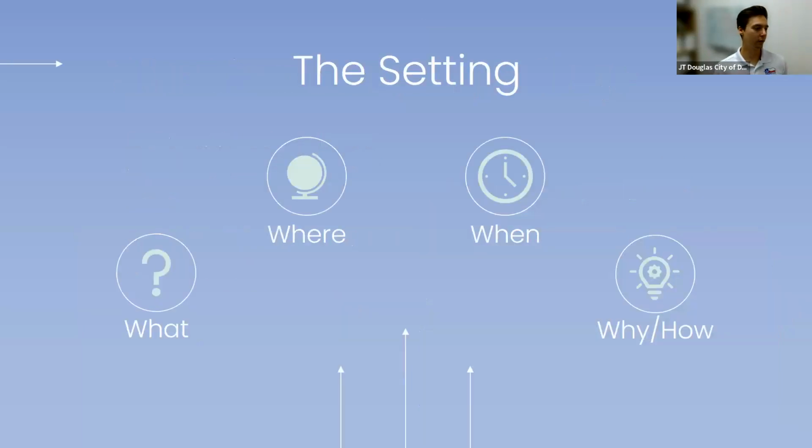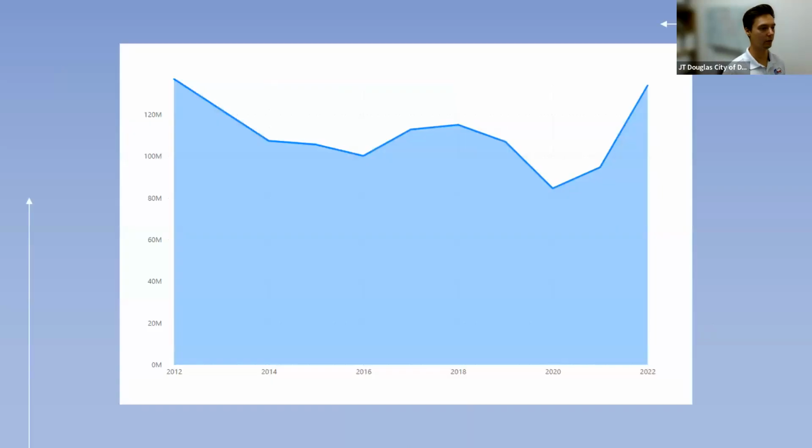So let's start with a little bit of an example of how do we set up the setting in each one of these graphics. So as I've said multiple times now, that's the what, the where, the when, that's sort of the basic level. When you start getting into the how and the why, that's where things really start to make sense. So let's go through a quick example and I will talk a little bit about that. So we've got a basic graph here, basic line graph, and we're not getting a whole lot from this, right? So you take a look at the x-axis there, we don't have any context.